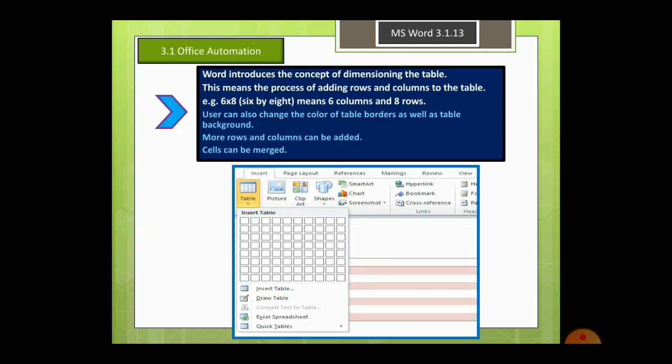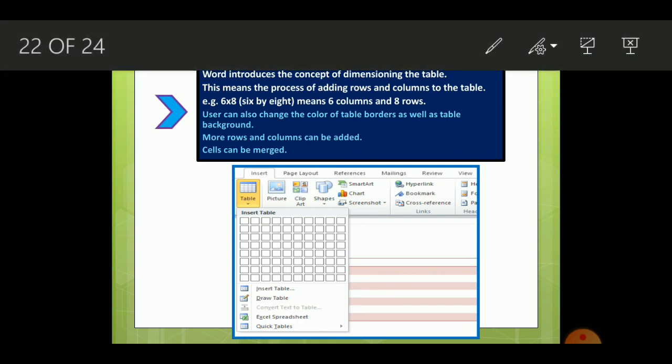Next up is MS Word topic 3.1.13, that is inserting tables into your document. So you can insert different kinds of tables in your document. For that, you have to access the insert tab and then click on tables,